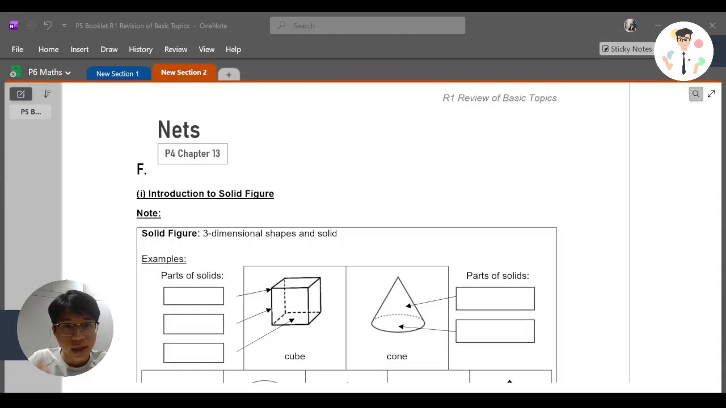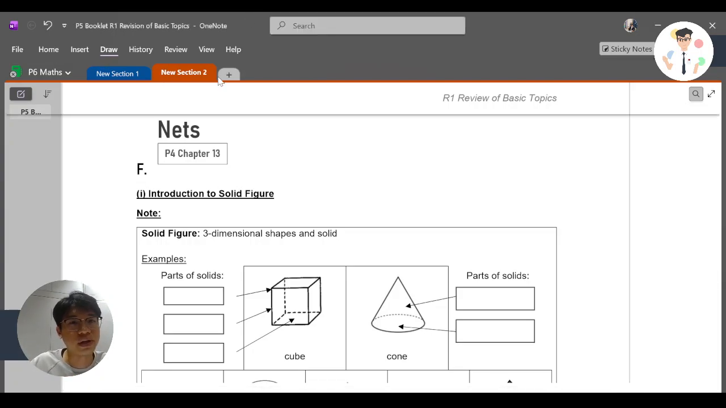Welcome back to Teacher Log class, and now we're looking at the topic of nets. Under nets, we have different sections, but let's talk about the introduction to solid figures. Now, the first thing you need to understand is, what is a solid figure? A solid figure, in simple terms, that I try to define, or the book tries to define, is that it